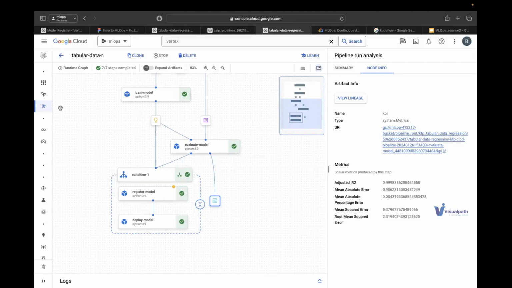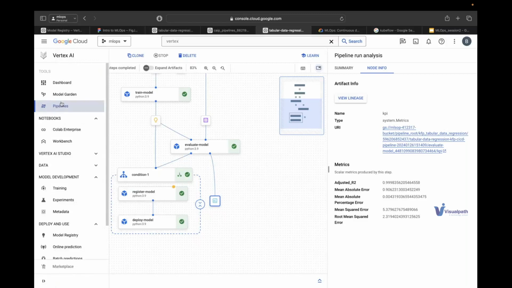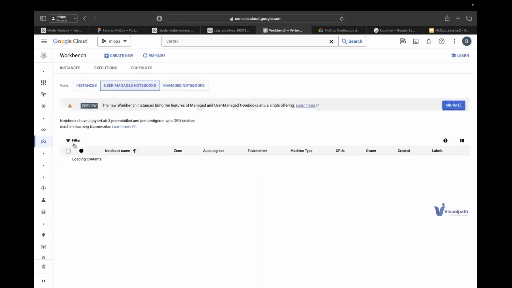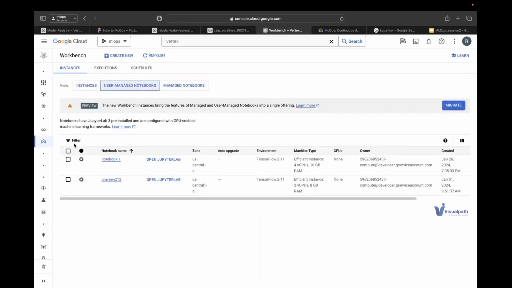So I'm just giving you a high level overview of this tool right now. We have a workbench, that's the notebooks. This is where most of the people work, or you can work from your local machine as well in your VS Code setup or something. So if you see the notebook, this is a machine which is available and has all the things installed. If I just click start, it will start the machine. It will take a minute or two to start, and you will be given a Jupyter Lab link here, which you will have to click, and then the notebook will start.